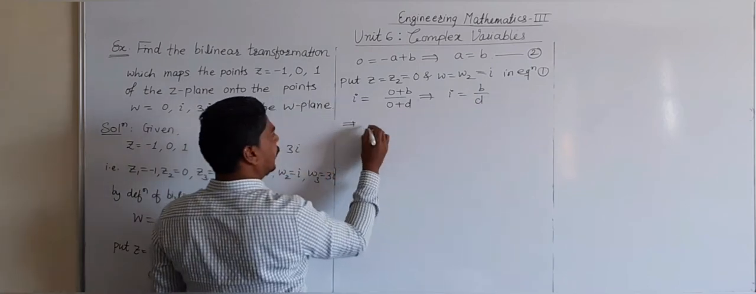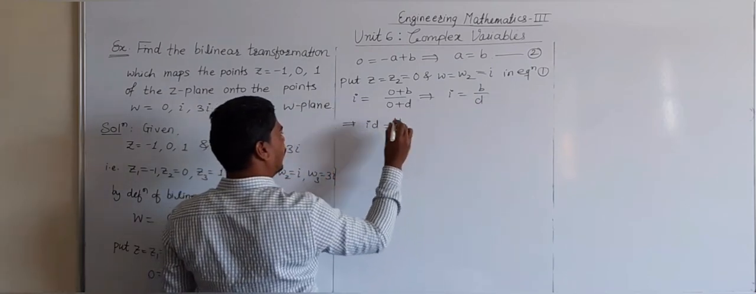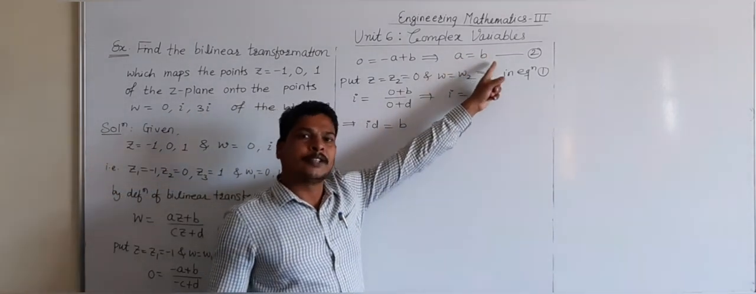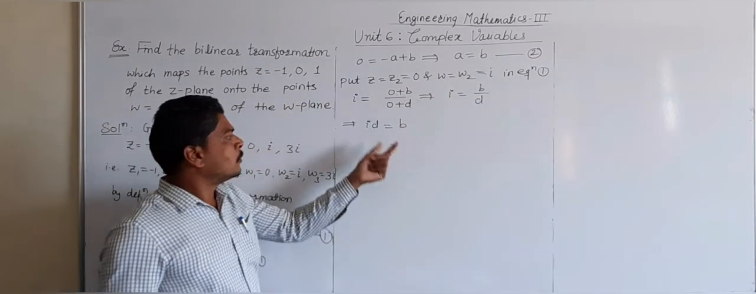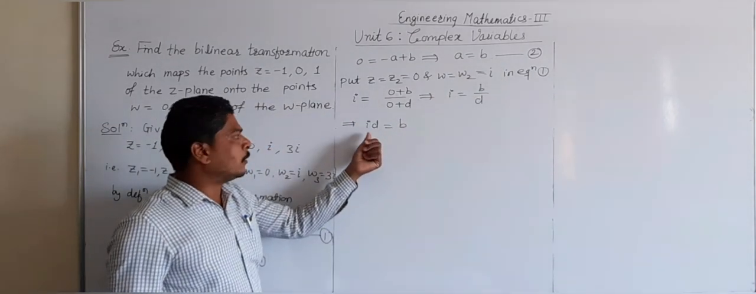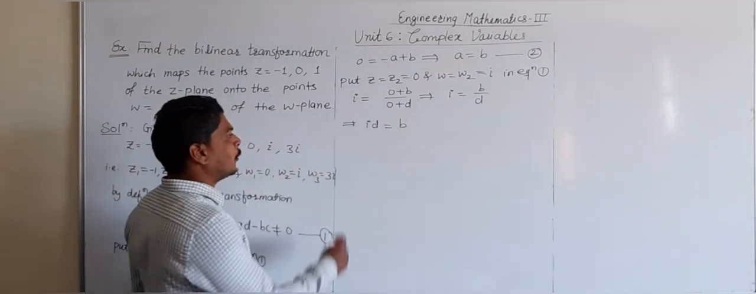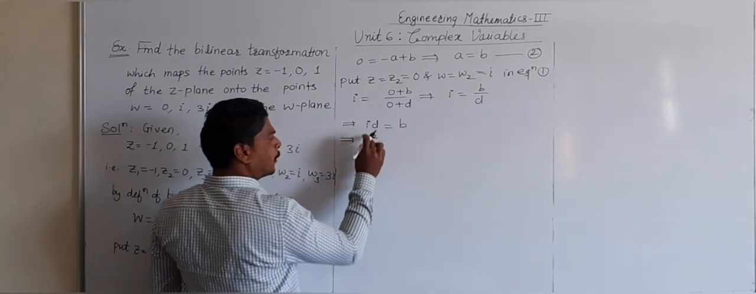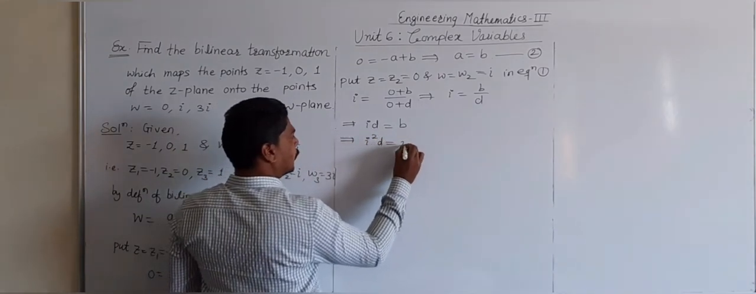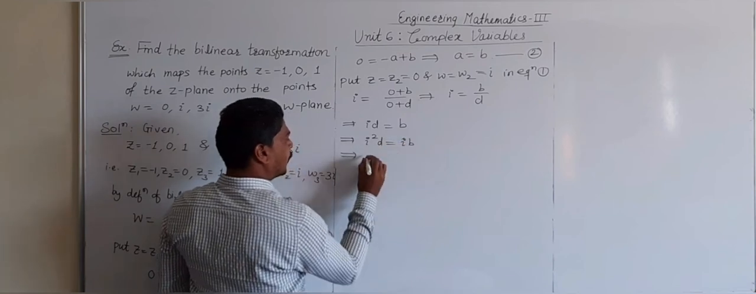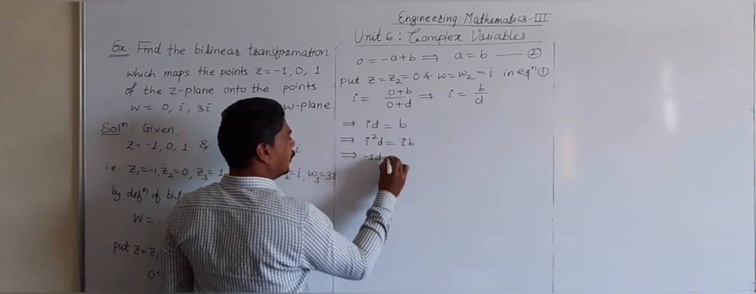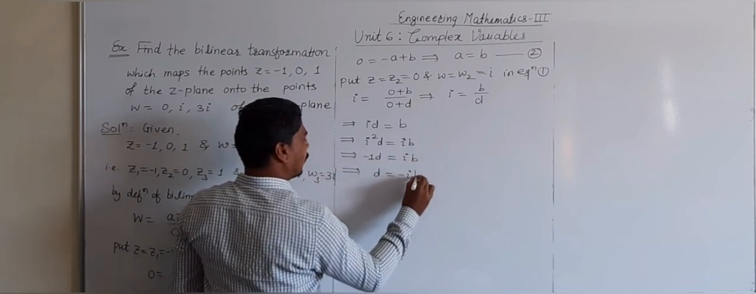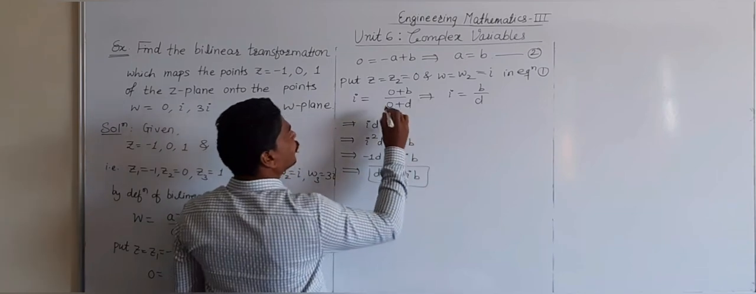So this implies ID is equal to B. So in first equation we get A as a function of B in terms of B. So I will write D as a function of B or in terms of B. So for that I will multiply both sides by I. So we get I into I becomes I square into D is equal to I into B is IB. So this becomes I square is minus 1 into D is equal to IB. So we get D is equal to minus I. Okay. So this is our equation number